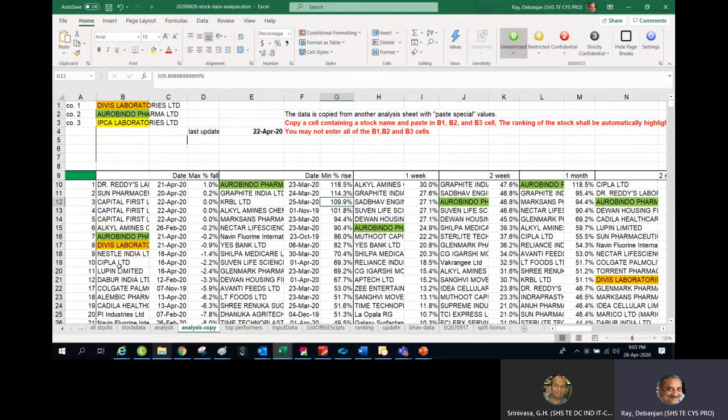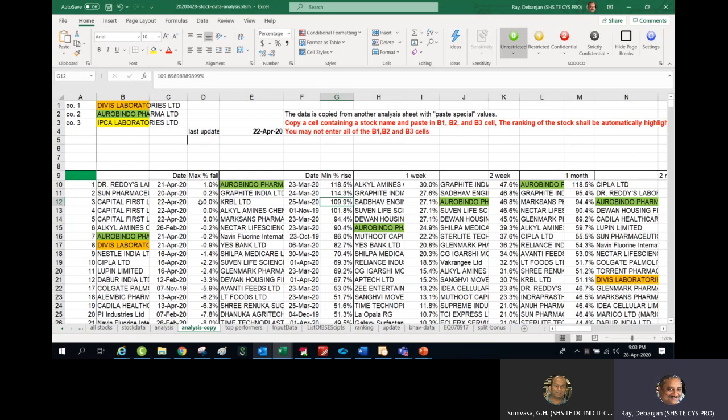The utility of this Excel sheet is to do the ranking. So what is the ranking? Typically the objective of purchasing stock is that your money should grow, and the money should grow as fast as possible. That is the primary objective once you are in the stock market. There are two types of players. First is the short-term player and second is the long-term player.